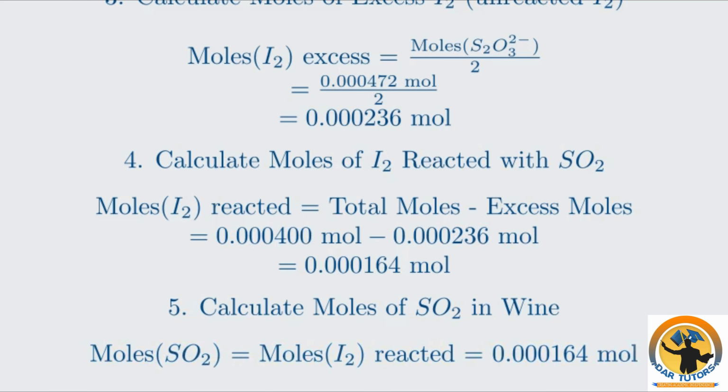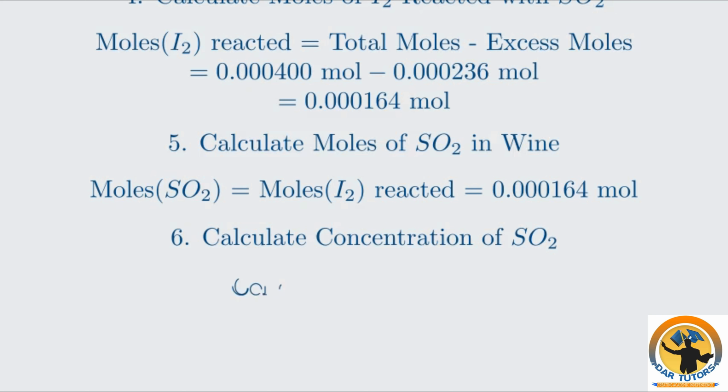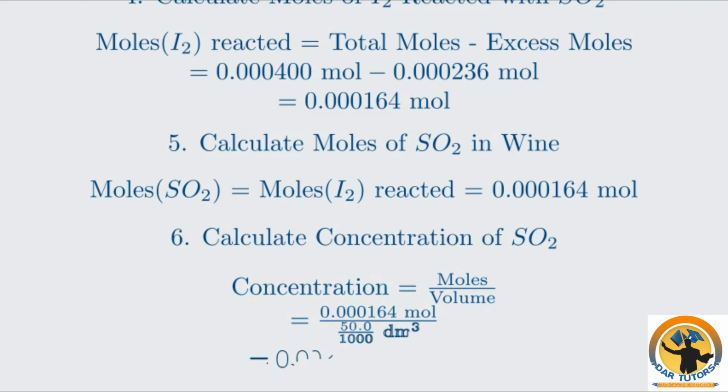0.000164 moles. Finally, we calculate the concentration of sulfur dioxide in the wine. Concentration equals moles divided by volume. The moles of SO2, 0.0164, divided by the volume of wine, 0.0500 dm3, gives us a concentration of 0.00328 moles per dm3. This complex back titration allows us to precisely determine the concentration of sulfur dioxide, a key